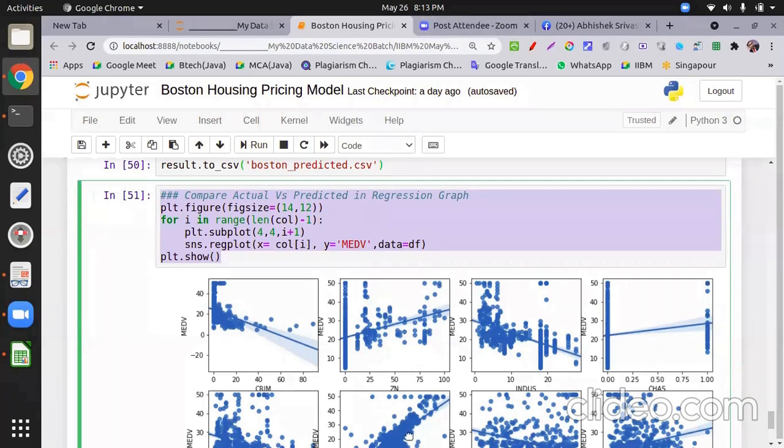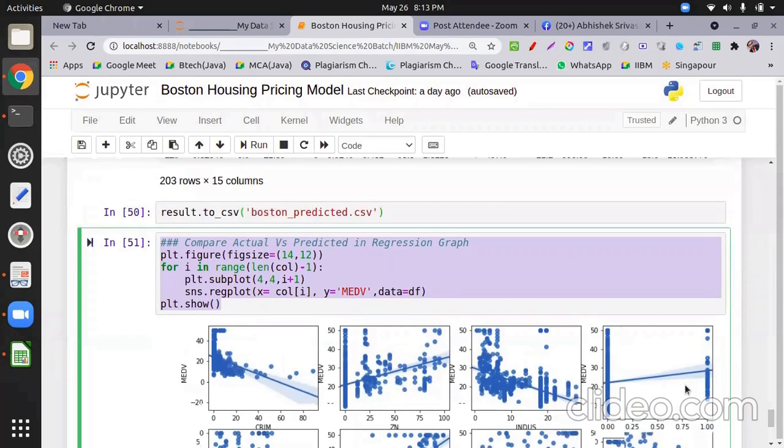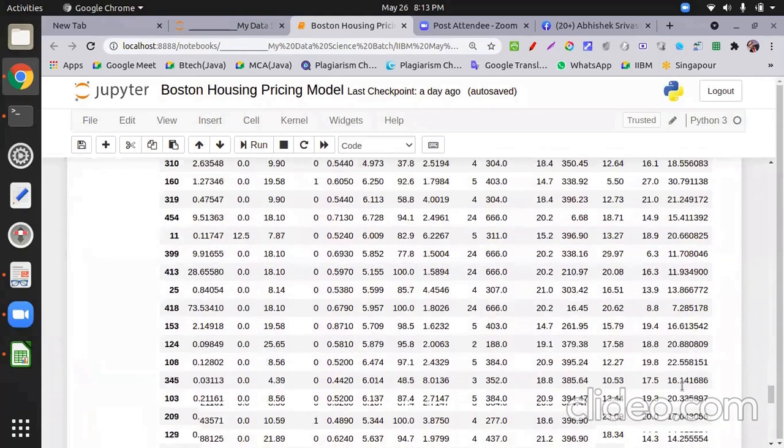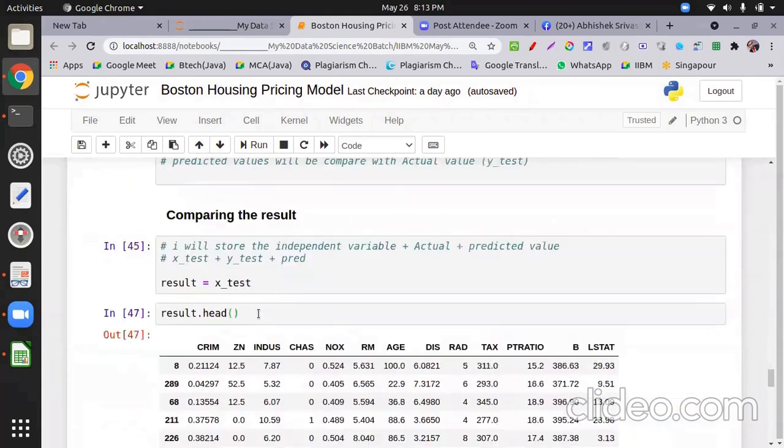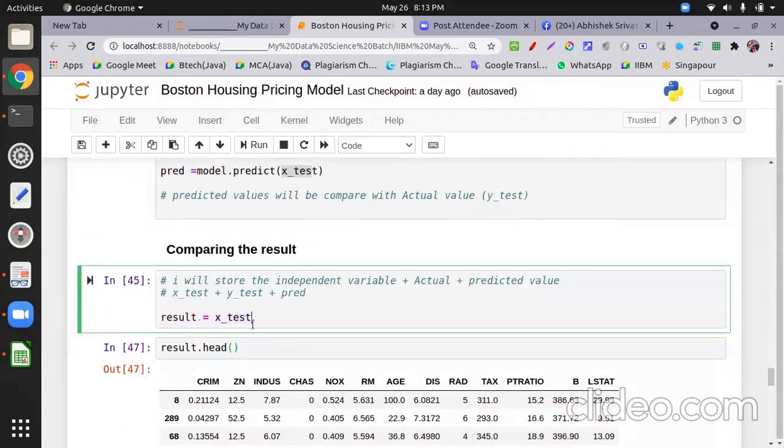Yes, Harshal. Hello. Yes, I'm getting you. Please speak. Sir, I'm getting an error. Where? In this, result actual is equal to y test and result predicted is equal to pred. It is giving me an error: a value is trying to be set on a copy of a slice from a data frame. Give me the cell number.